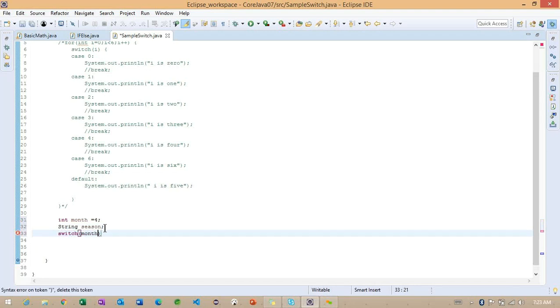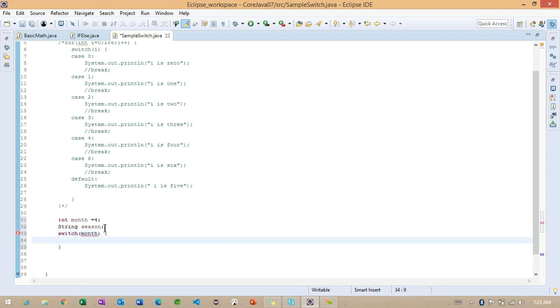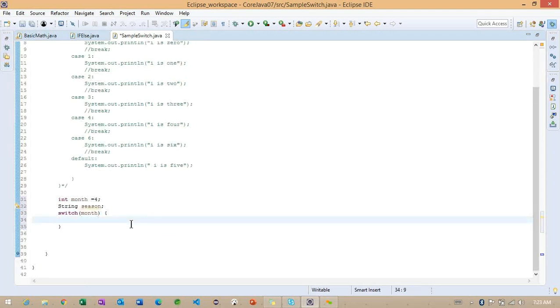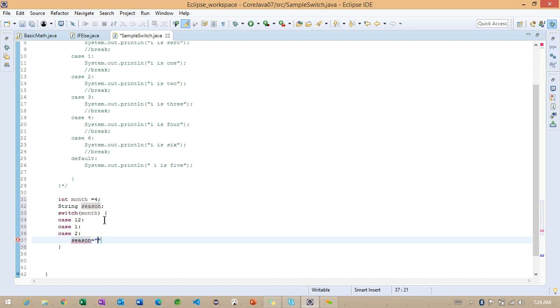Here, what I am doing is making month. Getting the point? Based on which month, what we can do, right? So I want to make case 12, case 1, case 2. For these 3 cases, we have only one season, that is called winter.